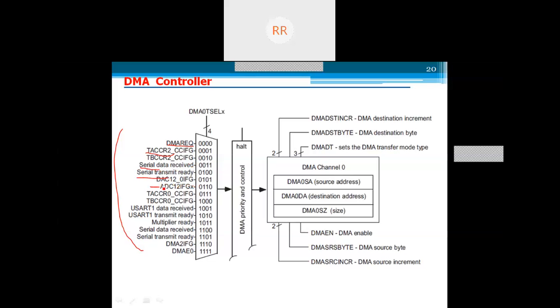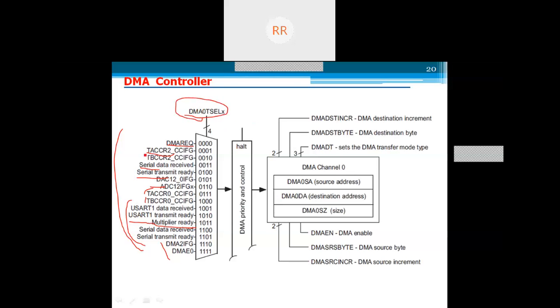So like that, if you observe here, the peripheral units we have previously studied are requesting the data transfer. We have the hardware multiplier, if you recollect the functional block diagram, and the USART serial data transmit and receive. We are going to study the serial communication units in the 5th unit of MSP430.